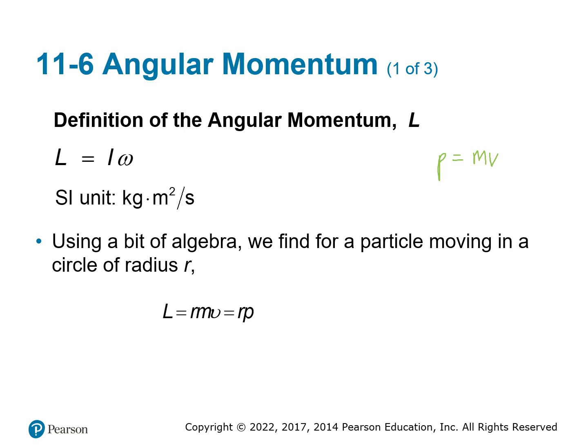If you wanted to make the comparison between linear and angular momentum, you can do angular momentum equals radius again times mass times velocity, or radius times the linear momentum. Just like how we converted between angular velocity and linear velocity, angular acceleration and linear acceleration, like we did in the last chapter, you can do the same thing for momentum.